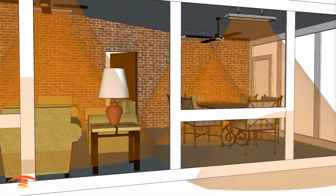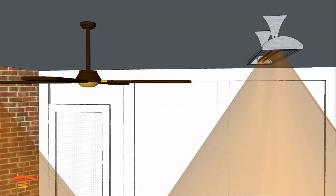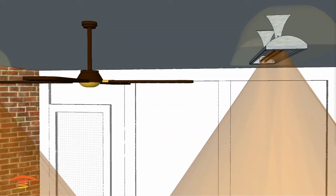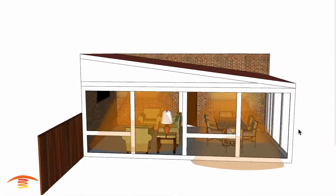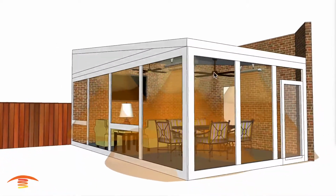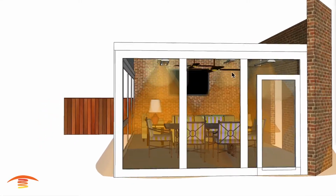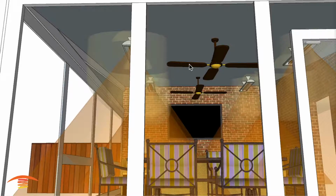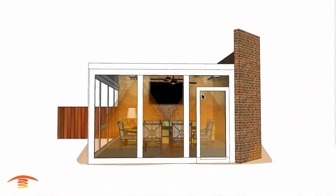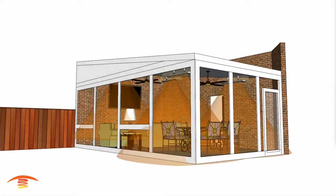Now you could angle the heaters a little bit, but when you angle the heaters, you're also angling that clearance issue, so you're going to have to push it out a little bit further. So that's why I'd probably just do something like that if you do have a fan or say a light fixture here in the middle that you need to stay away from. Sometimes light fixtures don't have these blades on them so that you can come up closer anyway, so that might be a good option as well. All right, let me just go ahead and turn this off,